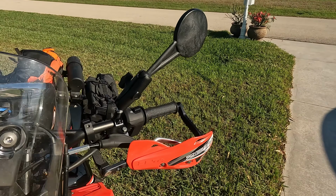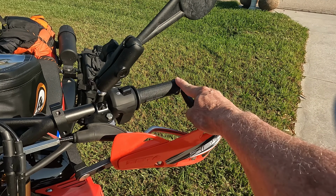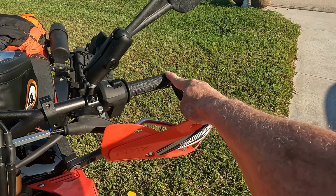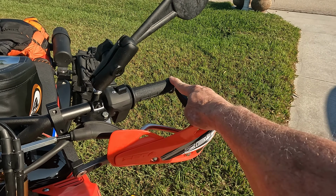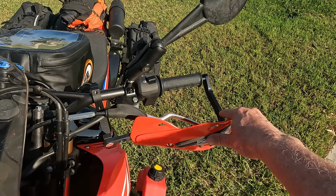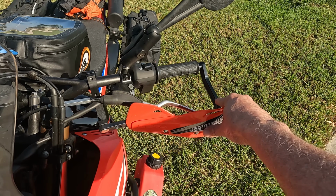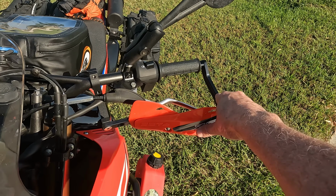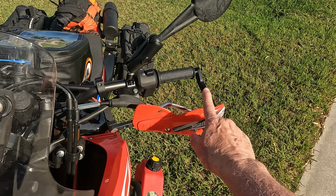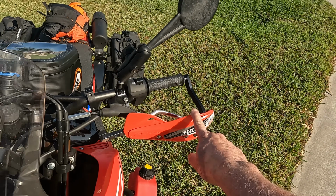The next thing I did was I removed the OEM weights that were in the end of the handlebars. I'm pretty sure those are there for vibration reduction, and I removed the OEM handguard system. I then installed the Zeta aluminum handguards, and these are bike specific, and the ones for the Honda 300L fit perfectly and work great. I then also installed the plastic handguard portion of it here, and they sell these separately,